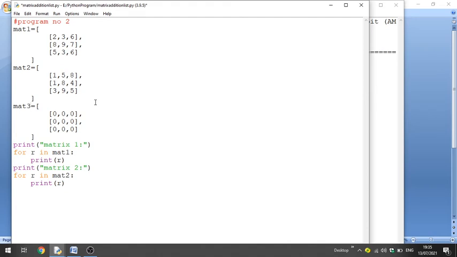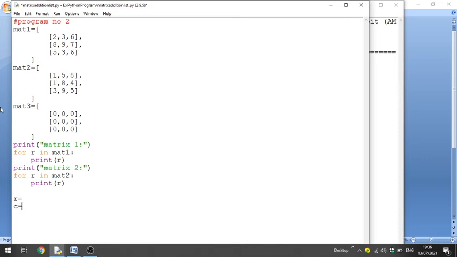So I will print the matrix 1 and matrix 2. Now we have to add matrix 1 and 2. For that we need the length of a row and the length of a column.